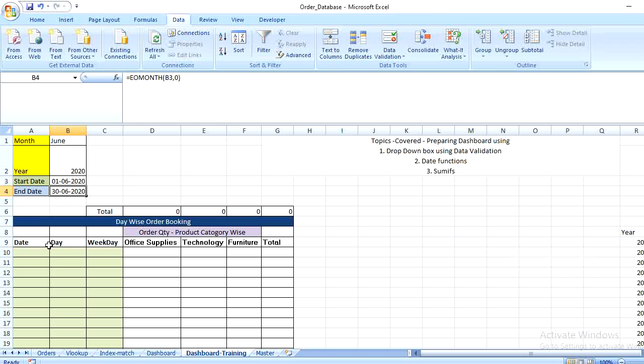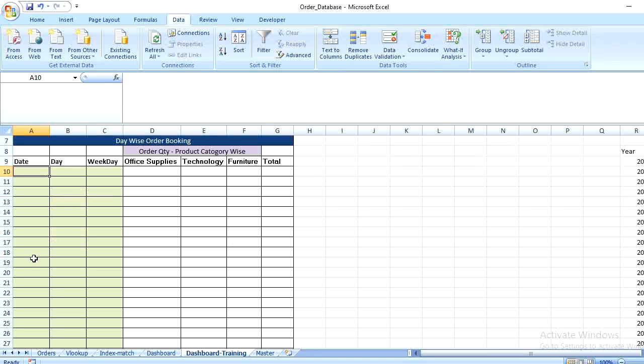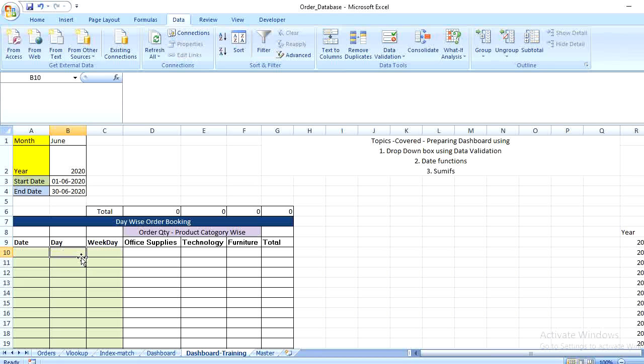In this session we are going to learn how to display the dates of the selected month in the bottom here, and also display the days and weekday of the respective month, whichever month we are selecting there. So here the start date is nothing but the start date I am selecting from the top. This is dynamic, since as we are selecting the month, the start date is changing dynamically. So here my start date I am selecting from B3, which is the dynamic date, and making it constant